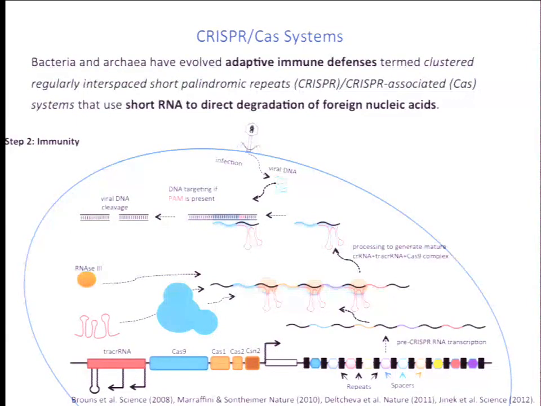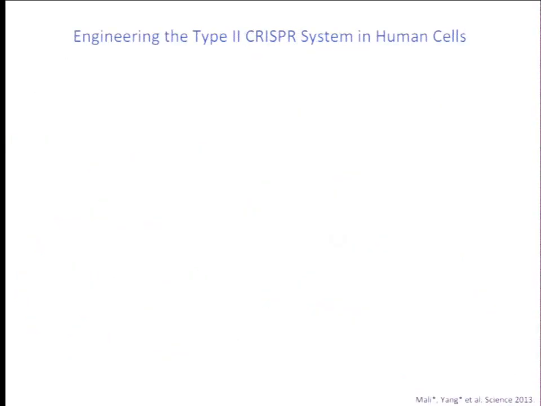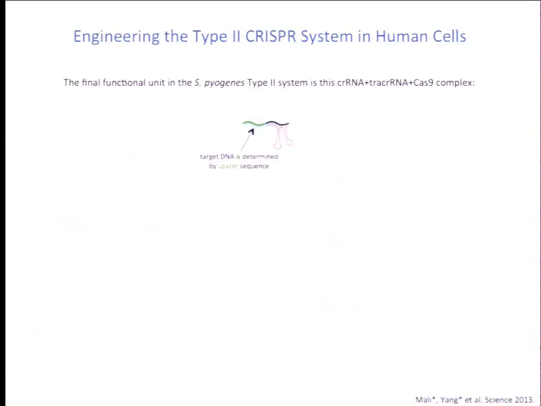So in this fashion, this adaptive immune defense system can both fortify the bacteria against an infection and also use that particular information to fight off a repeat infection. So in terms of being able to engineer this system in human cells, the key observation is that the final functional unit or the main surveillance unit of this CRISPR system is really this Cas9 protein in complex with a couple of small RNA molecules, the CRISPR RNA and the tracrRNA. And so to enable this eukaryotic implementation, really the approach is very simple.